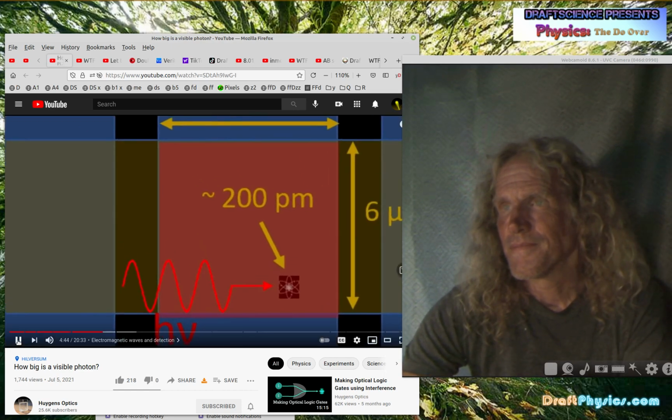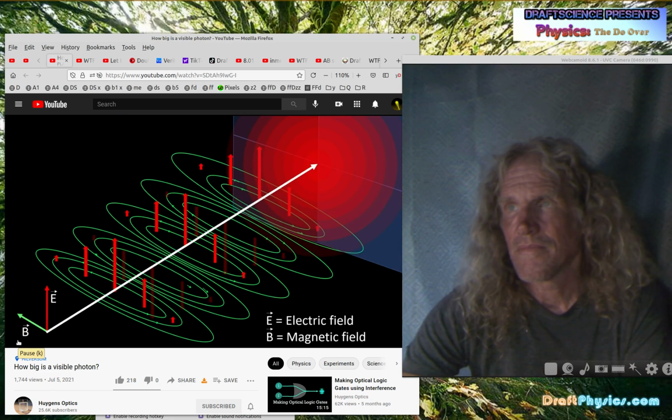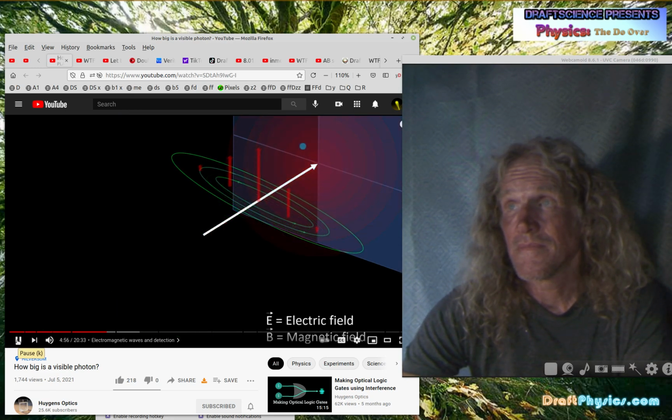Center. So this is where things get a bit weird. On the one hand, we know that the field representing the photon is distributed in space, but when we try to detect it, we can only do so very locally. And we might ask ourselves...